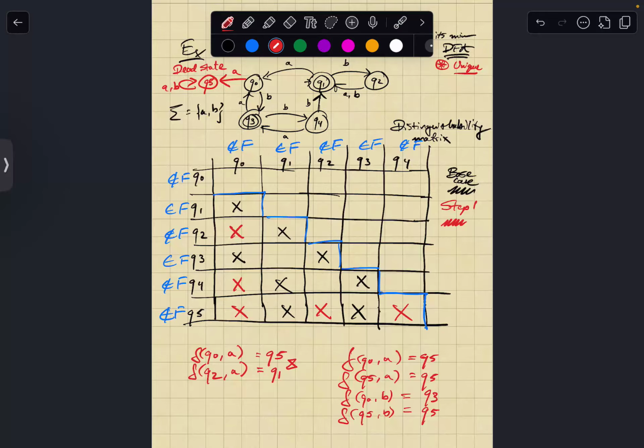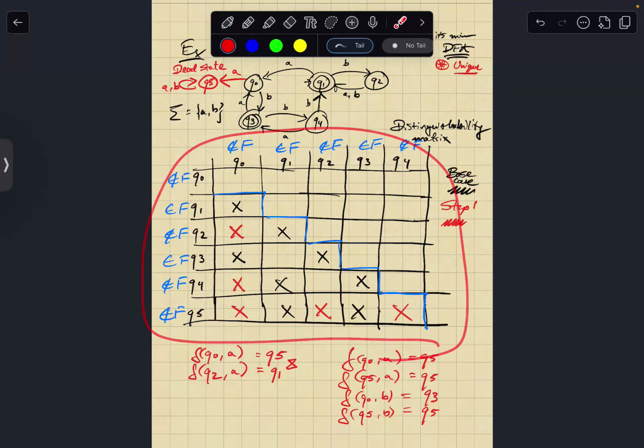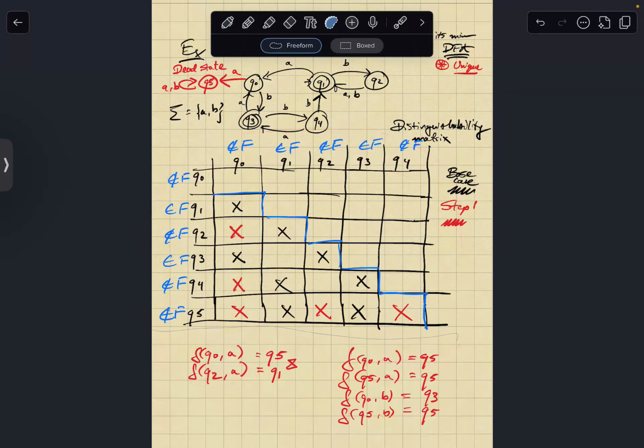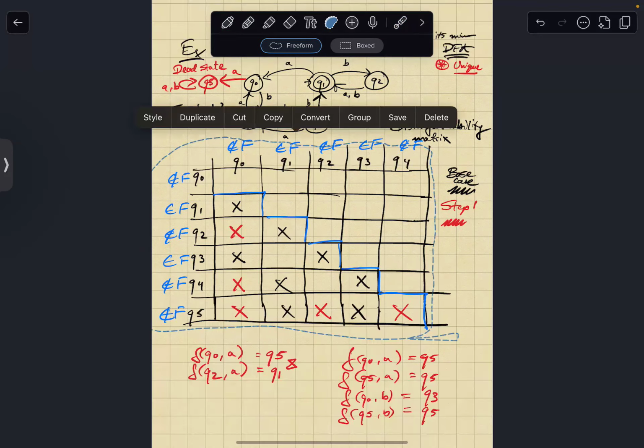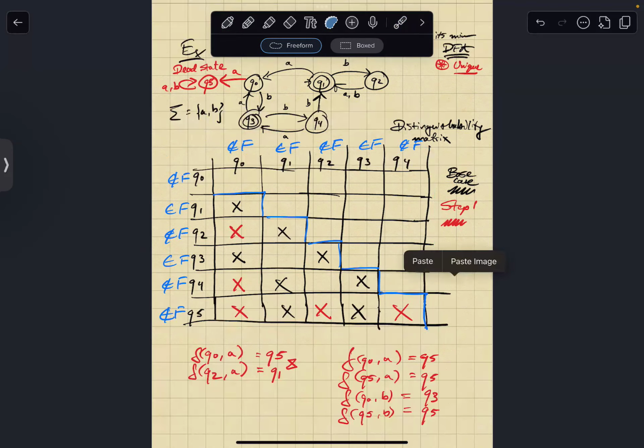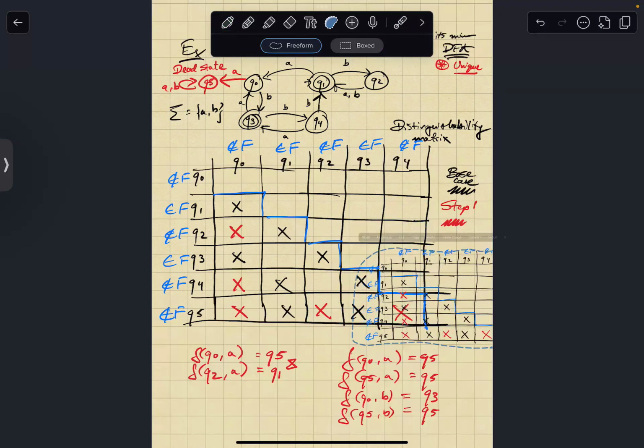So now I'm going to do this again for the remaining, because I haven't told you the stopping condition. The stopping condition in this algorithm is if from one step to another, there's no change in the table. Okay? So actually let's copy this because we want to remember the state of the table at step one. So let's copy this. Let's paste it. Hopefully that wasn't a bad idea.